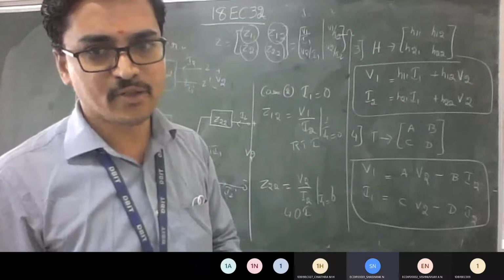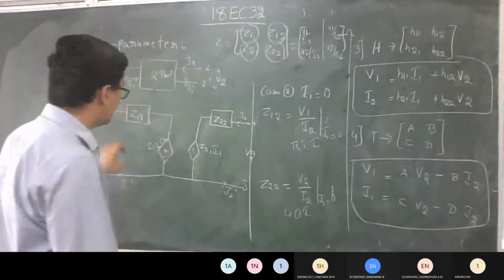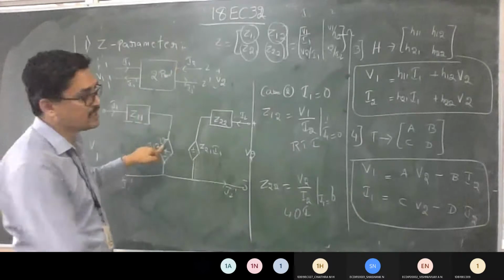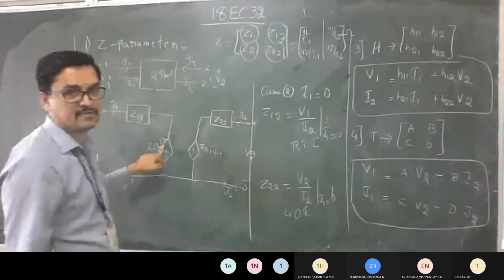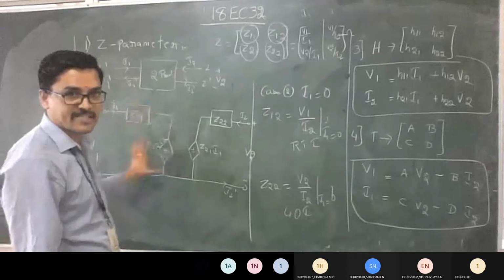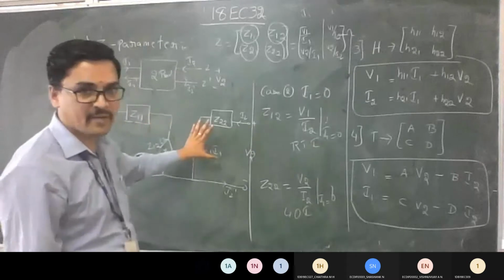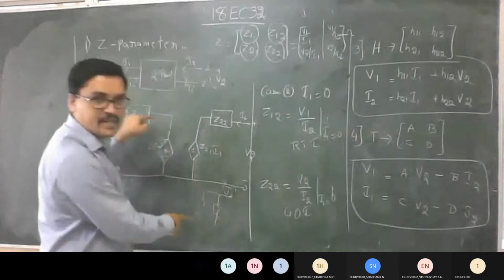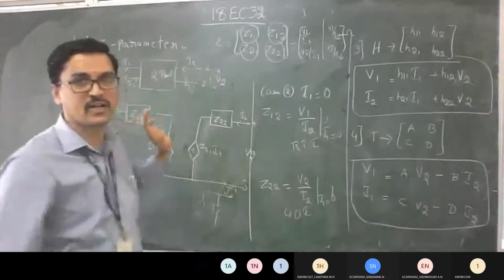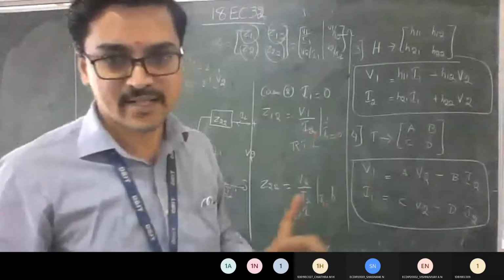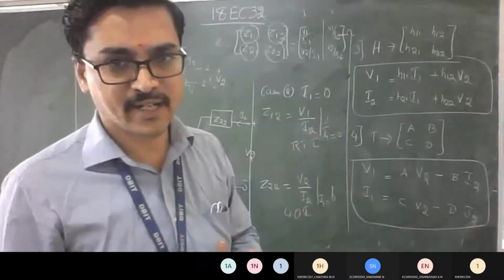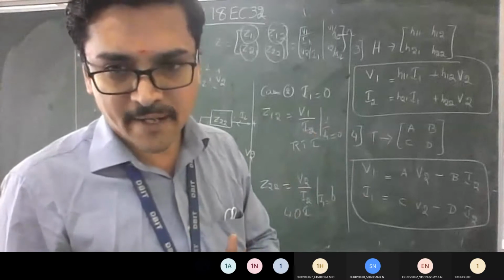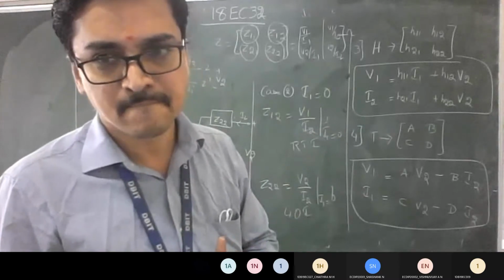I will repeat. So the equivalent circuit for your H parameter. This will become H11. This will become H12. So there is no I2 there. It should be I1. So then this is the H parameter. Similarly, you should write a current source parallel with H22. So the combination of voltage and current is what your H parameter is. That is called the equivalent circuit. Will you write that? Is it fine? Yes, sir.